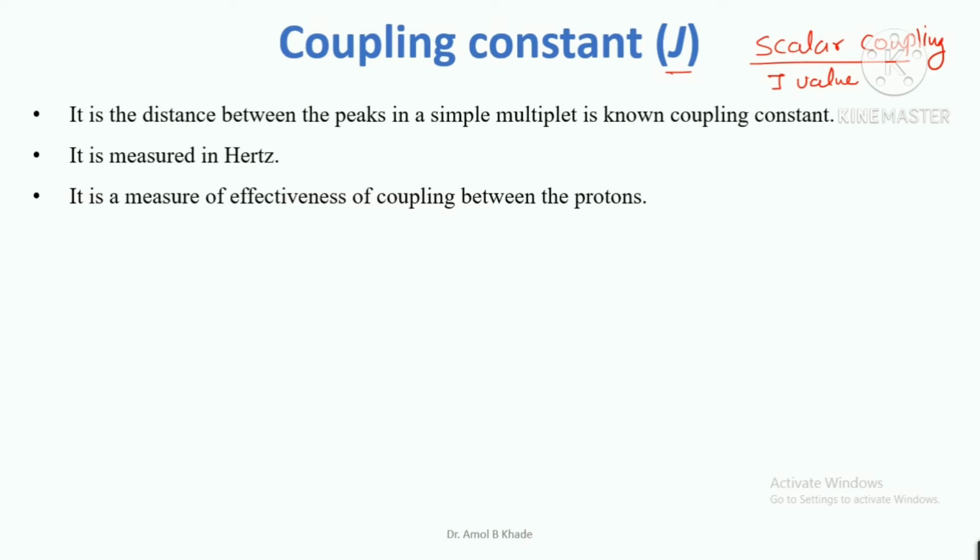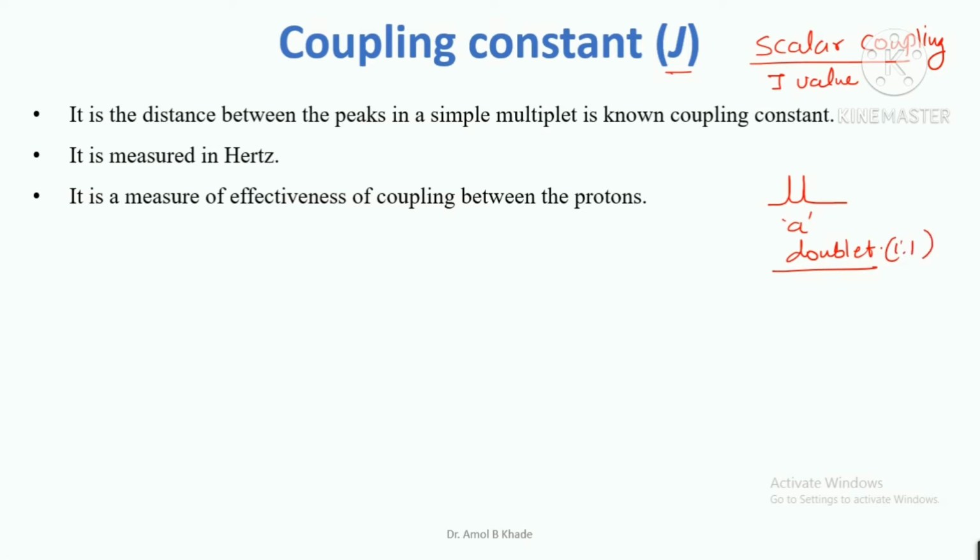Whenever we get more than a single line for a particular set of protons, let's say we draw a simple doublet here. Let's say this is one set of protons, which I will write as set A. For set A protons, the neighboring carbon atom has 1 proton, that's why it has split into a doublet, and the line intensity is 1:1 here.